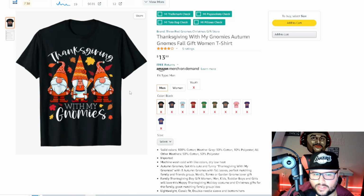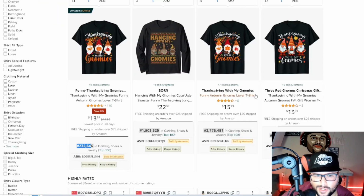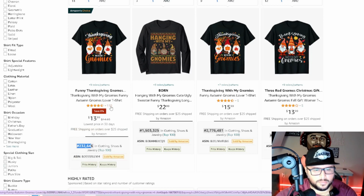And taking the time to create a more detailed illustration or a graphic for a t-shirt can make all the difference and help you with sales. But if you have a consistent selling t-shirt over the years, and they can see 110 ratings right here, that can help you as well because you're the first person in the niche, okay? If you're the first person in a niche and you come up with a really good idea to make sales, and then for the next 2 years it can make sales over and over and over, which we look for